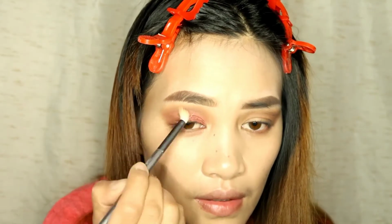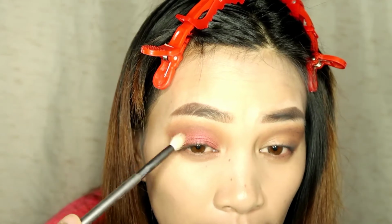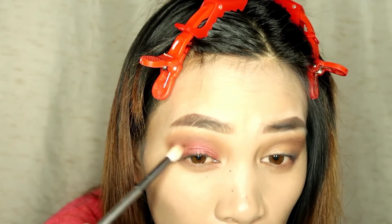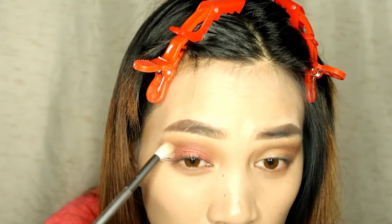and Mixed Metals. And then after that, I'm going to take the darkest color again here. And dito sa outer V again to intensify the